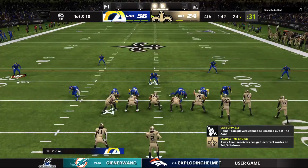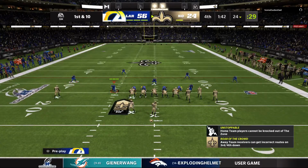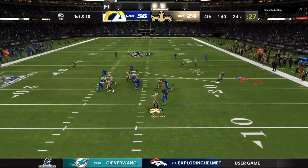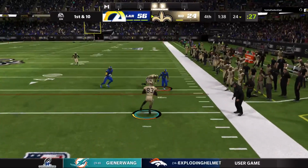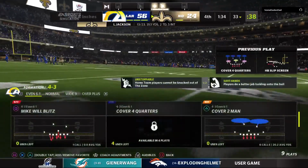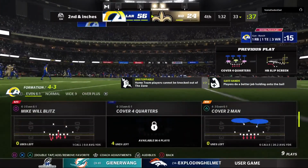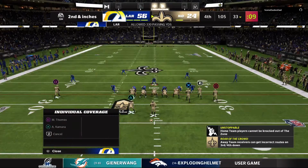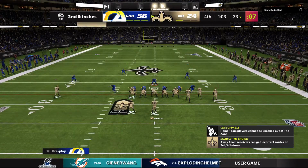Getting set for their next drive, the New Orleans offense. And they're hoping to redo their efforts in the last drive when they got into the end zone. And just think of what it's like now on the sideline, because when you score a touchdown, you have to go over and look at the tablet and see what you did on the last drive. When you score points, it's a whole lot better view than when you're trying to figure out how to fix things there. A good gain on first has him set up with second and just a couple of inches now